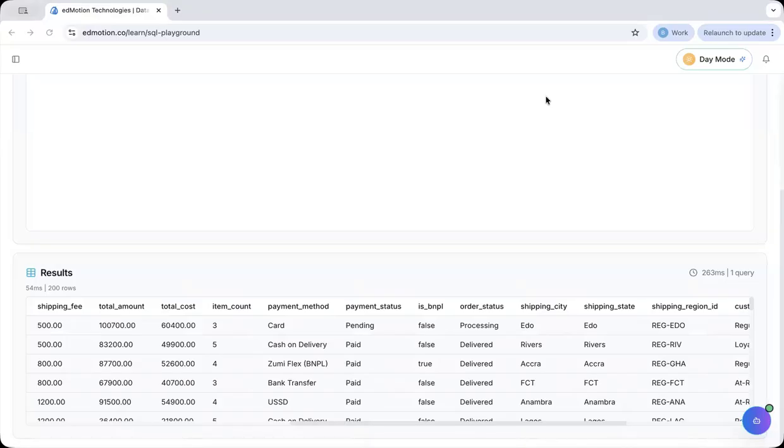If you need to check one column against multiple values, instead of writing OR repeatedly, use IN. It is shorter and much cleaner. Let's look at this orders table, and we are going to check